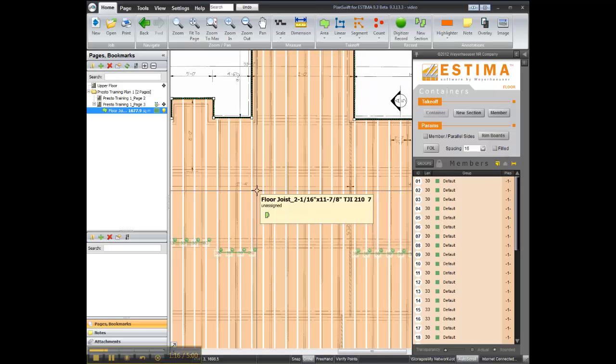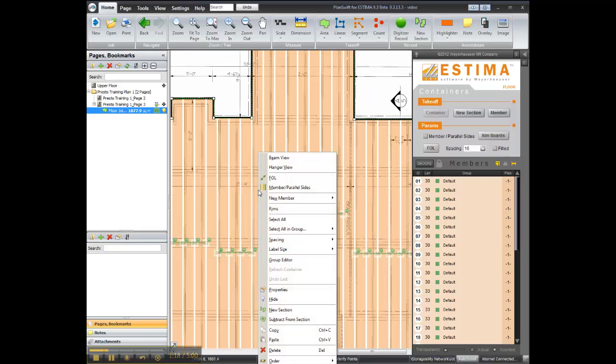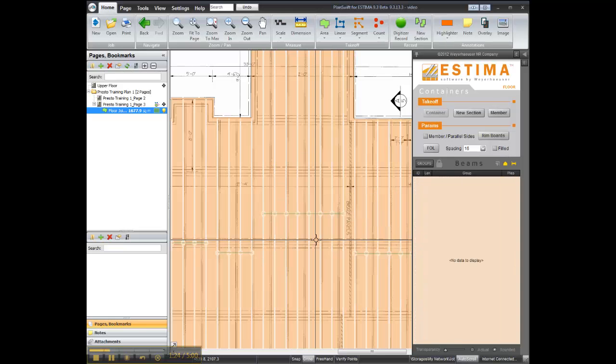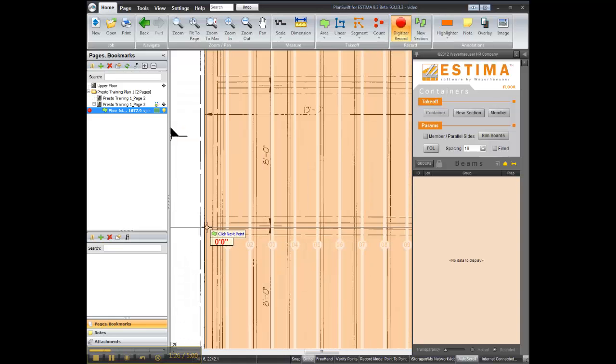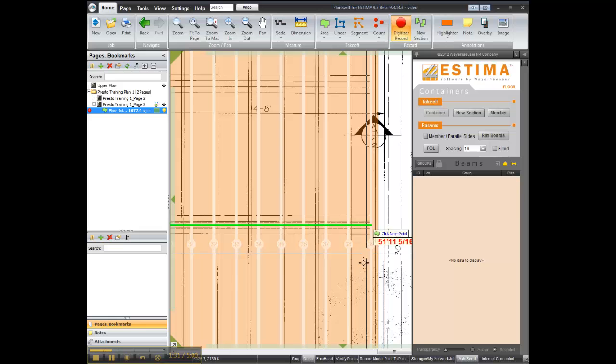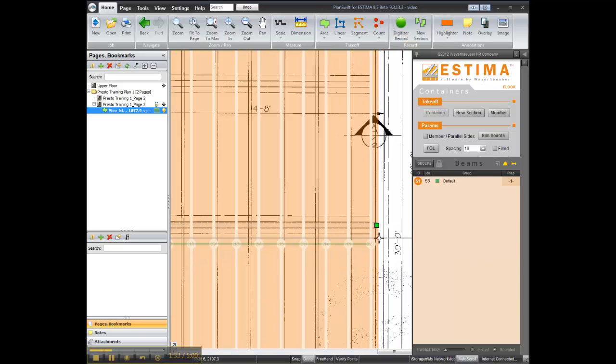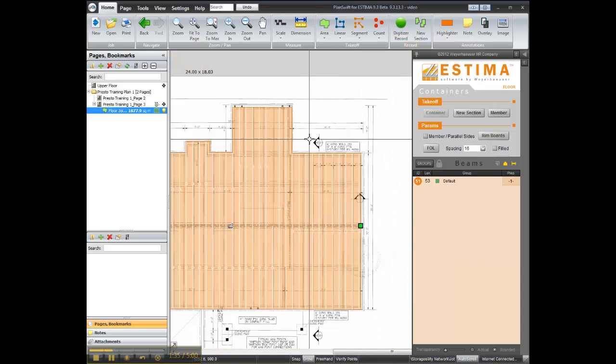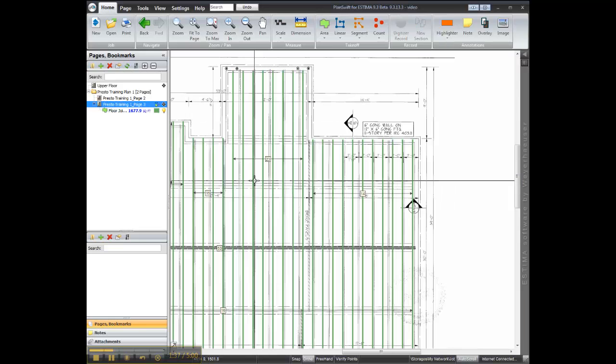And now with nothing selected, I can right-click in the container and choose to add a new member, such as a flush beam, drop beam with split or without. I'm going to add a drop beam with a split here. I'm going to zoom in on this area and add a drop beam all the way down the middle. And now that it's completed, I can zoom out, and there we have it, it's cut the joist out of array